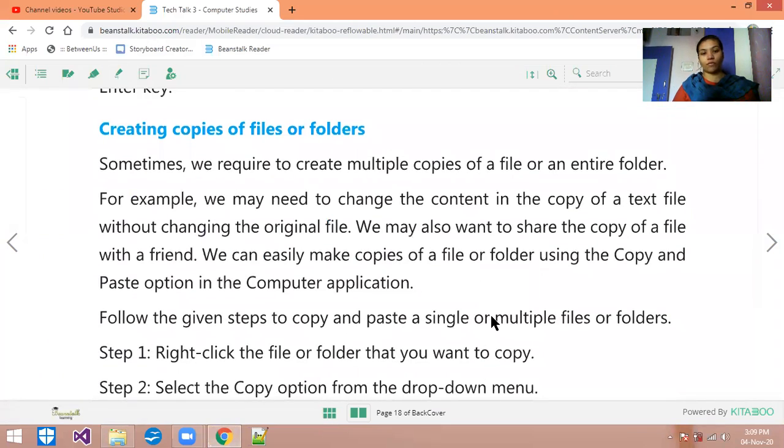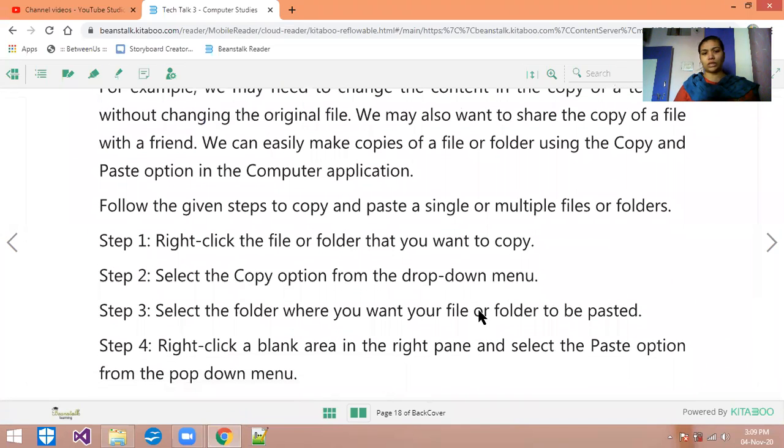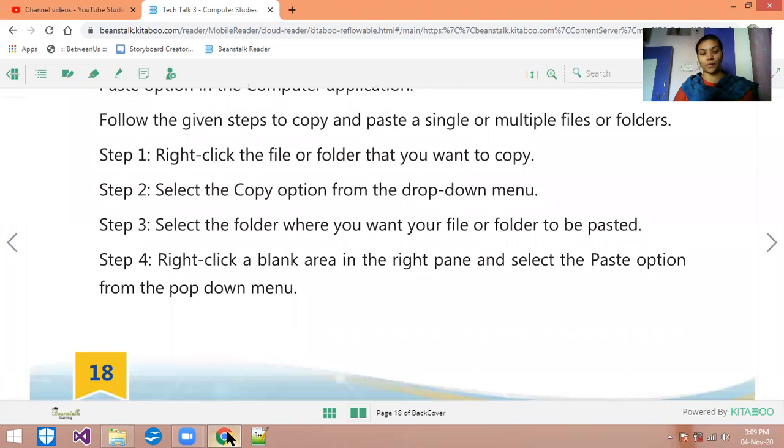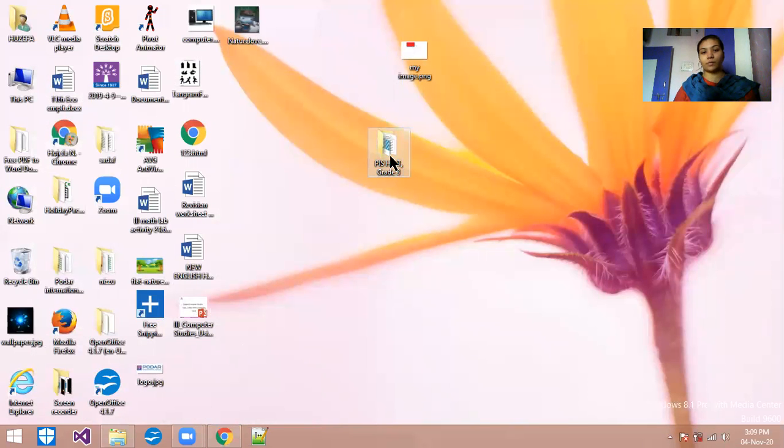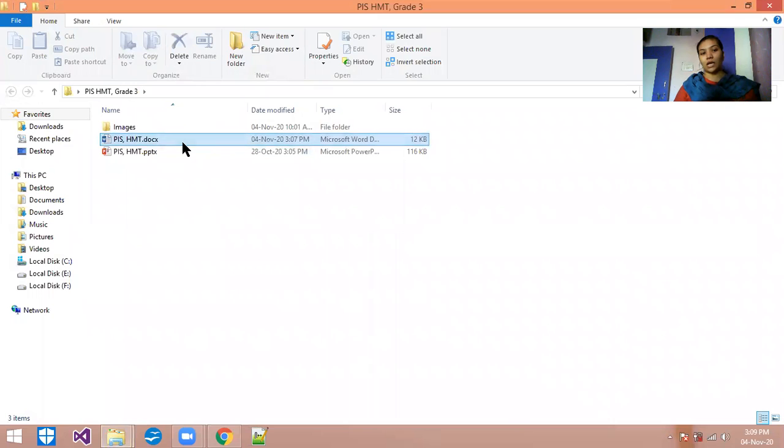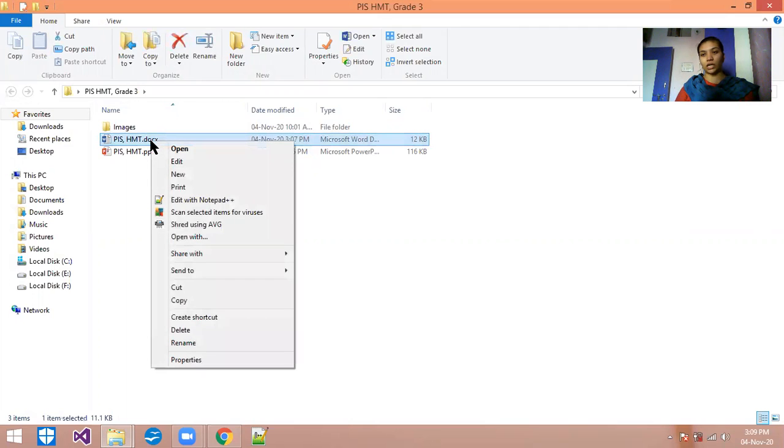Creating copies of a file and folder. So nothing you have to do for that, as you can do copy and paste. So simple, for example, I will open it here and I want the copy of this file. मुझे ऐसी ही सेम फाइल दूसरी बनानी है, बस उसमें थोड़ी चेंजेस करनी है. तो आप क्या करोगे, मुझे ये वाली जो फाइल है उसकी कॉपी लेनी है. राइट क्लिक करेंगे हम, जैसे रीनेम के लिए करते थे वैसे ही आपको करना है कॉपी के लिए.